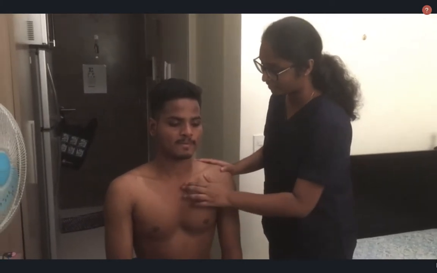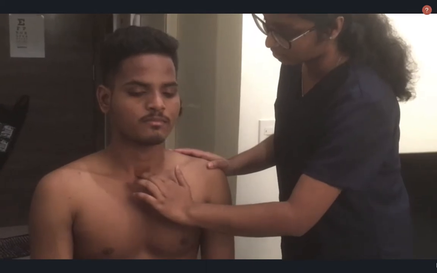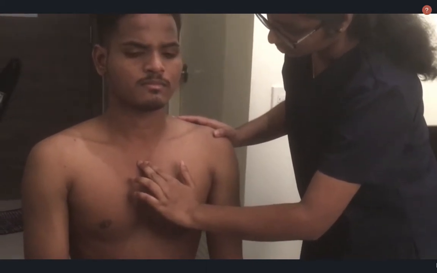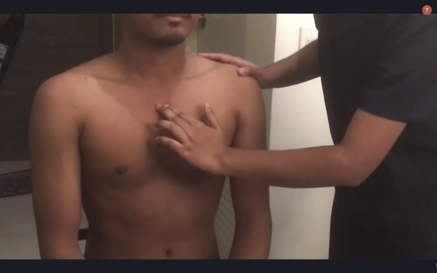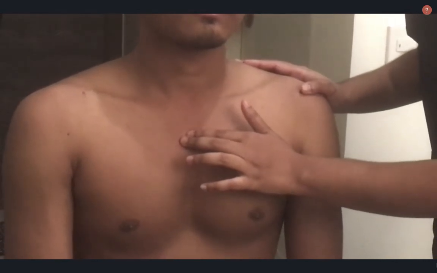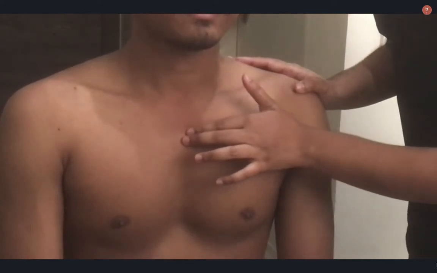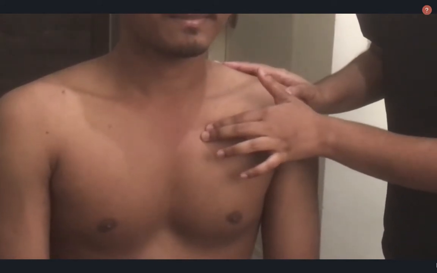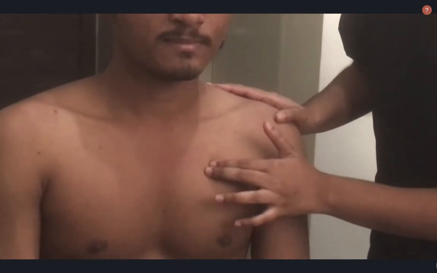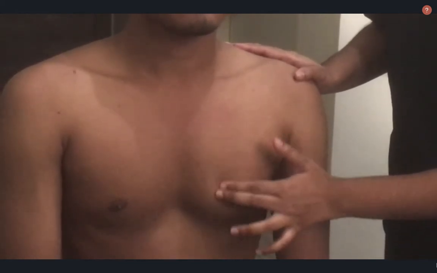Begin your examination by palpating the suprasternal notch. Then drag your finger 5 centimeters below. Then you will find a ridge. That ridge is the joint of the body of the sternum and manubrium. So laterally to that, there will be the second rib. From that, you just move your fingers obliquely down by counting the interspaces.